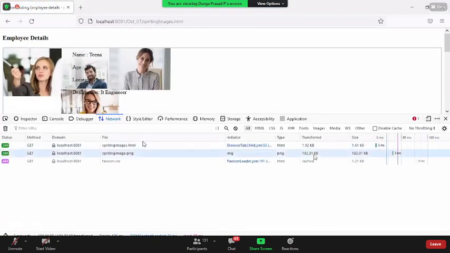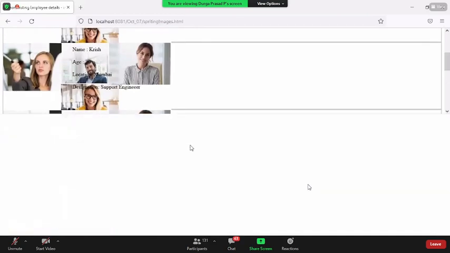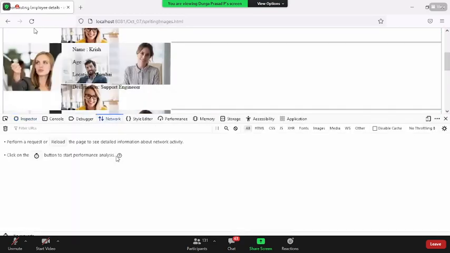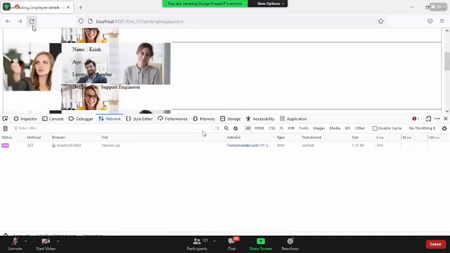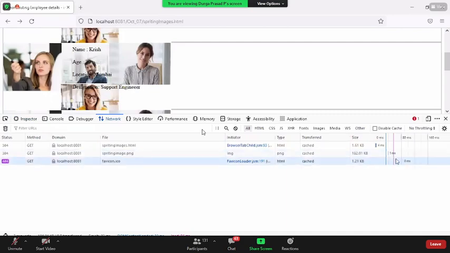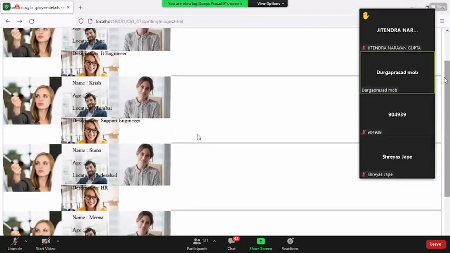The first advantage that you see over here is less time taken. Inspect the element, go to the network and reload the page. Oh my God. You see, total how much time I took? 1 millisecond in order to load that image. That's it. I was able to show all the employee details here. That is an advantage, right? I'm not hitting the server multiple times. On a single call, I got the image, and the same image is used multiple times on the same page. That is the advantage you have.